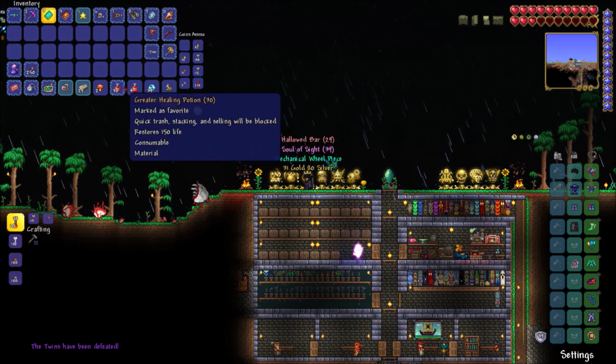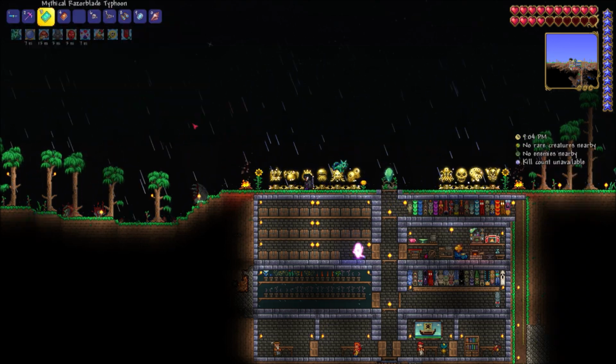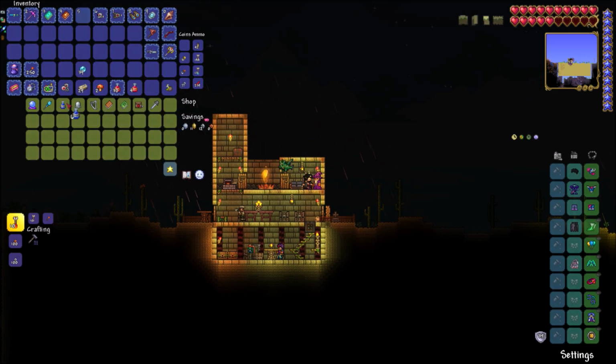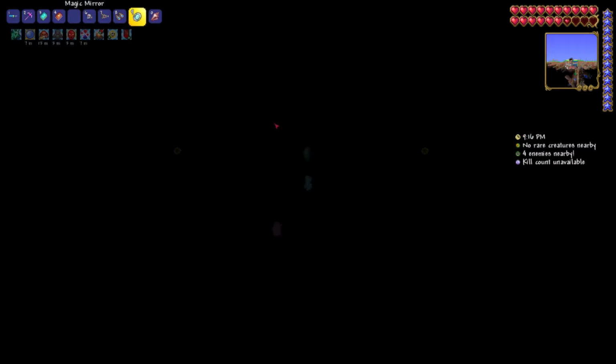That went quite smoothly. So we defeated the Eye of Cthulhu. Sorry, not the Eye of Cthulhu. I almost said the Eye of Cthulhu. No, the Twins. So next thing we can do is first I actually want to get some more potions, because I realized I didn't have any. Yeah, okay. So we can now take on